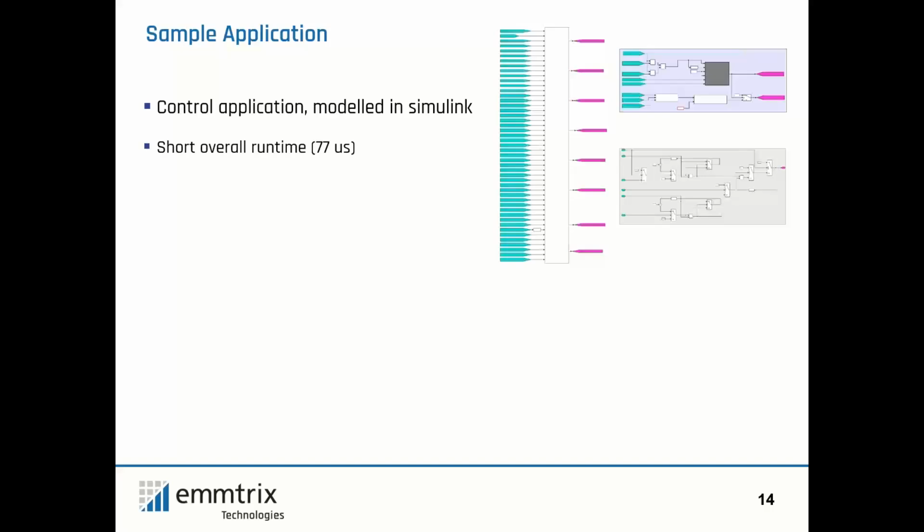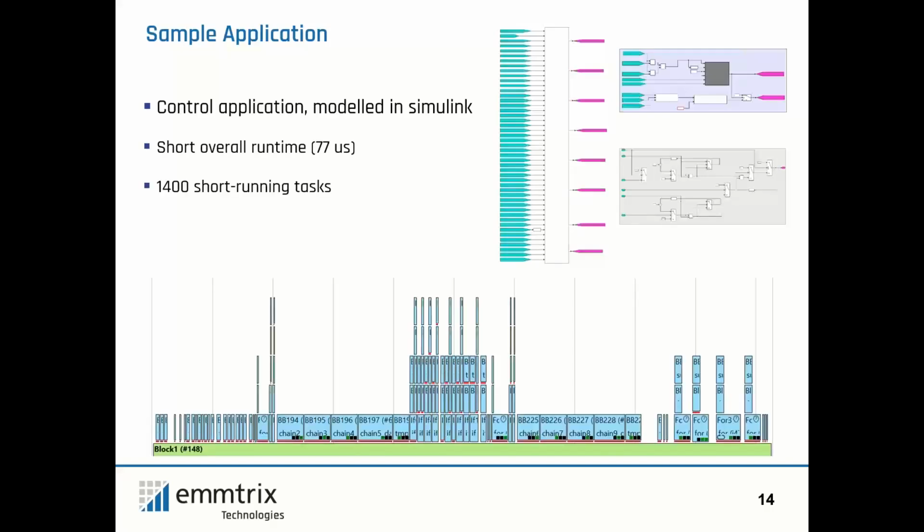One application we did for a customer is a control application modeled in Simulink with a short overall runtime and a large amount of short running tasks. You can see that in the image on the bottom. So there's not a single large block to identify, but there are many blocks that have similar size. So it's not easy to see where to parallelize. This is also something we can do in our tool, but the approach is a little bit different. It's still the usual approach, but a few things have to be done differently,